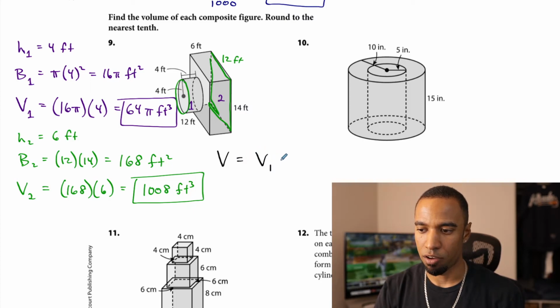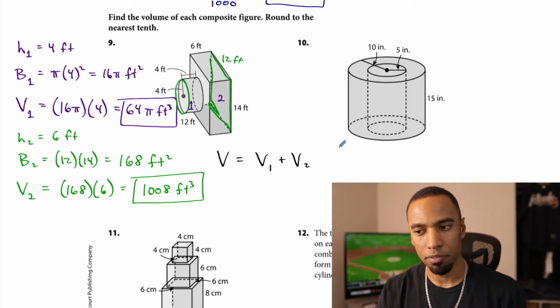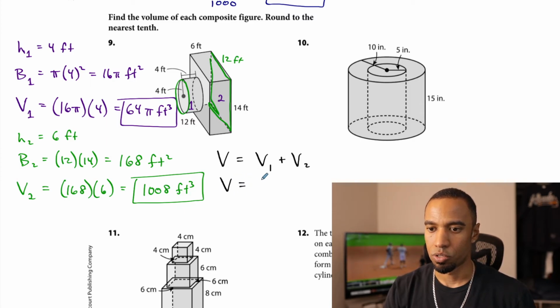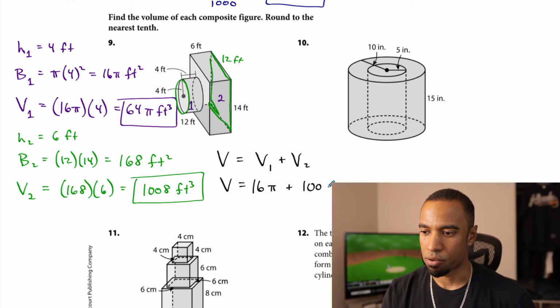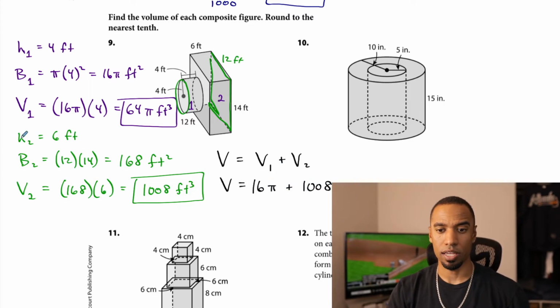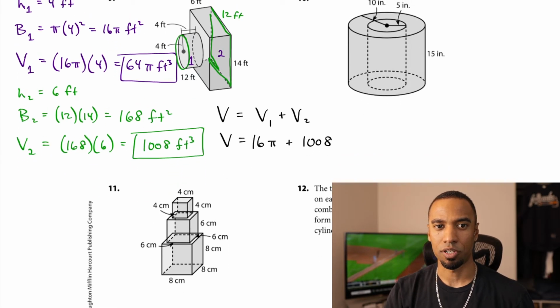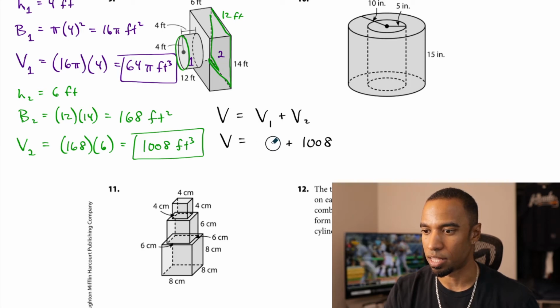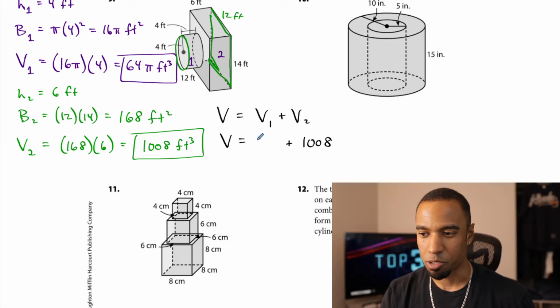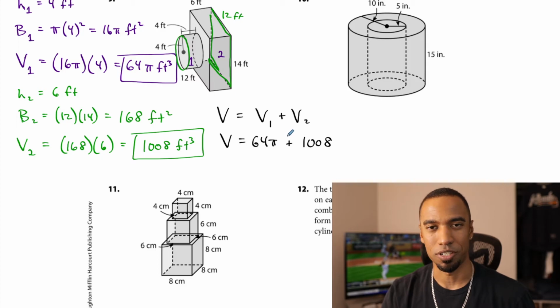Okay, the volume of the entire composite figure, here's where I use black, is going to be the volume of one plus the other. You just add up the volumes, right? It's just one on top of the other. So it's going to be 16 pi plus 1008. And this is where you get to round ultimately after computing. Oh, no, I'm sorry, 64 pi. 64 pi, my bad. I was just looking at the area of the base. I should look at the boxed part, right? 64 pi, which is around